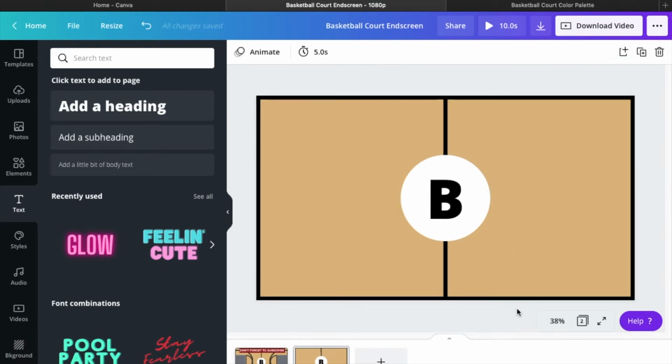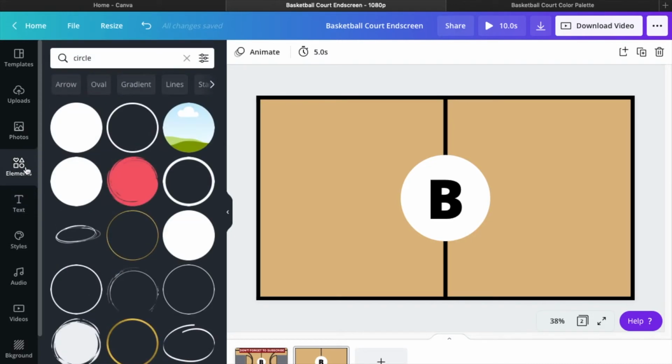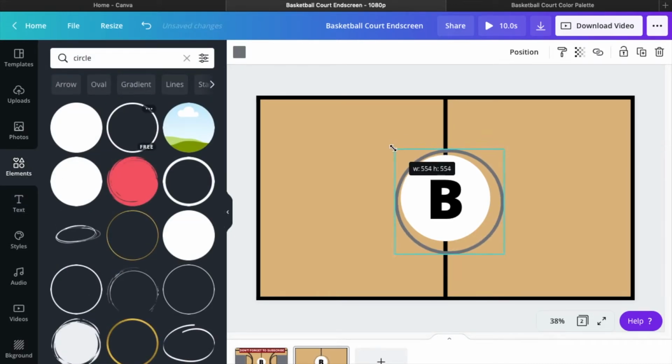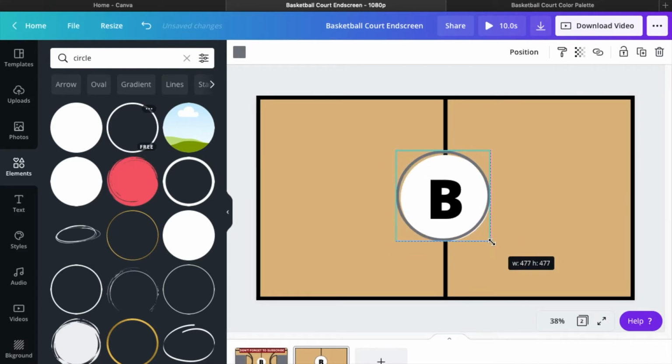Okay, and then after I got the B centered, I think I go back to elements, and then you gotta get that circle that's right next to it so that it can be the outline for that circle. And I changed that one to black. I'm gonna change that one to black. So